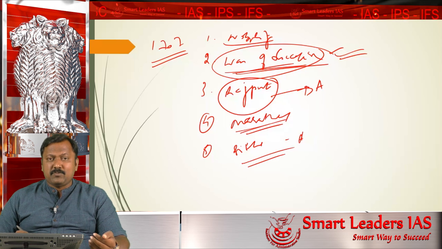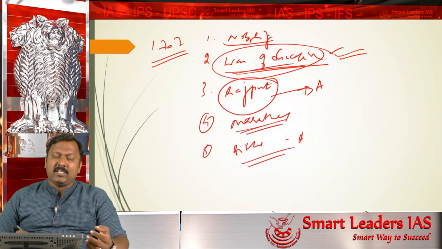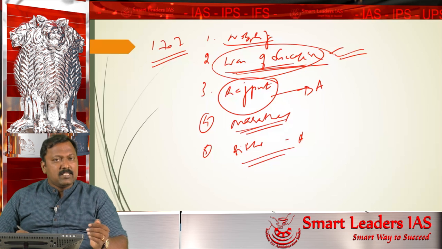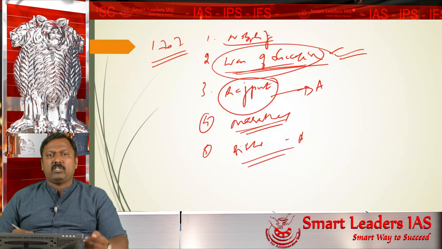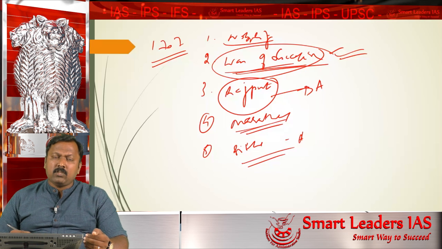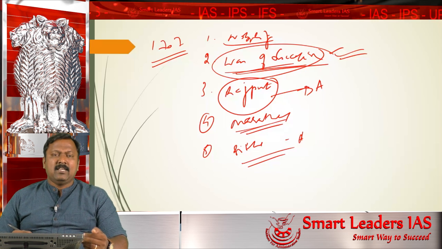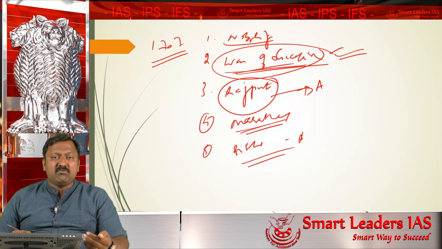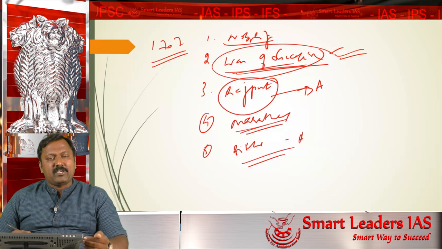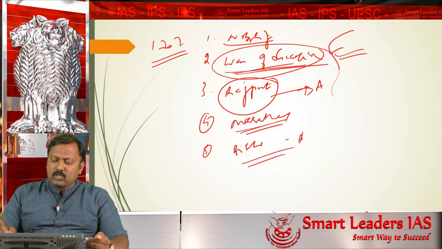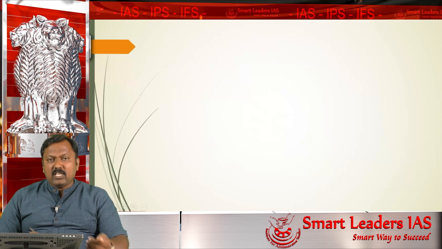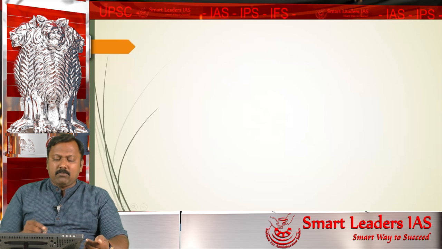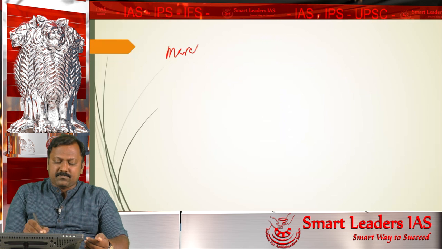I am not going to explain the causes in this class. This class is intended to give just an outline of the sequence of developments, not the reasons why an event happened. We will do separate classes to explain that. So these were all responsible for the weakening of the Mughal Empire, which was further aided by the emergence of the Marathas.